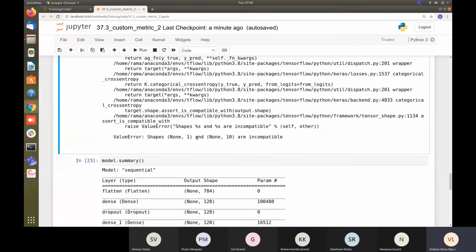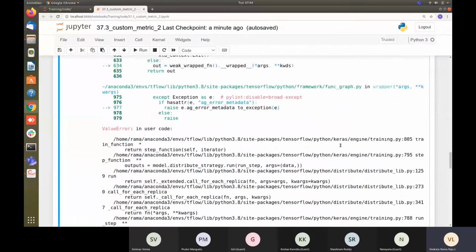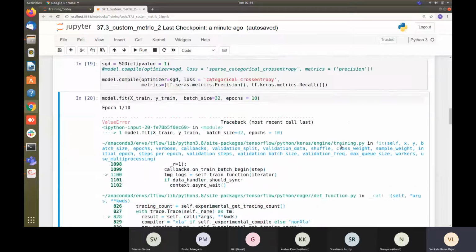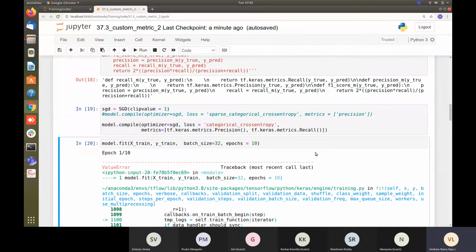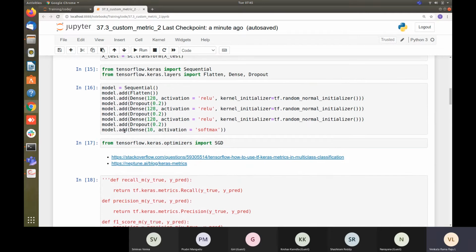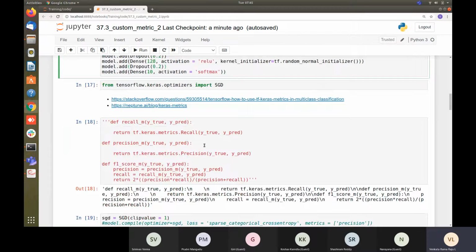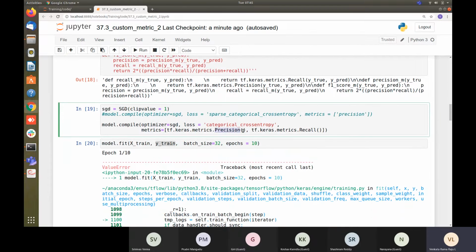see that shape 1 comma none and none comma 10 is incompatible. Why is that said like 1 comma none comma 1? Because a one dimensional array is a kind of vector, right? So vector will have one column there. So y value has got only one column, but the neural network's outcome is actually giving 10 numbers. And the cast function, this precision, is trying to calculate